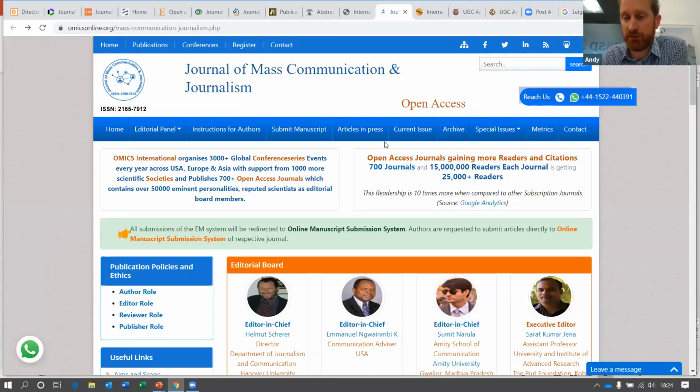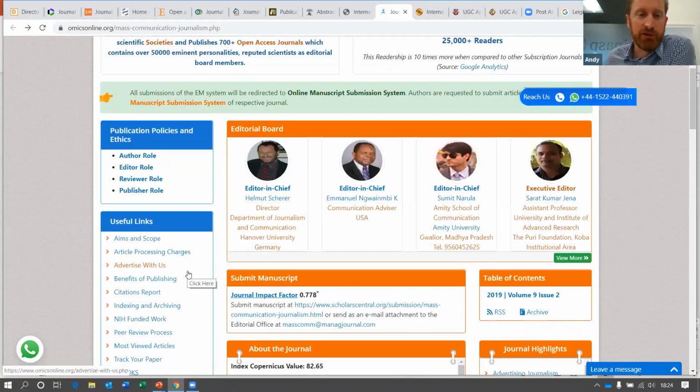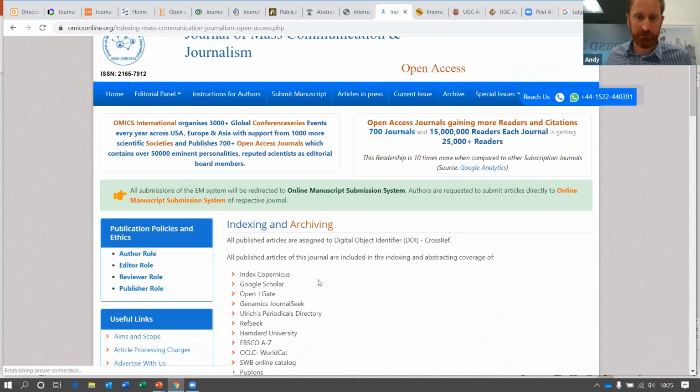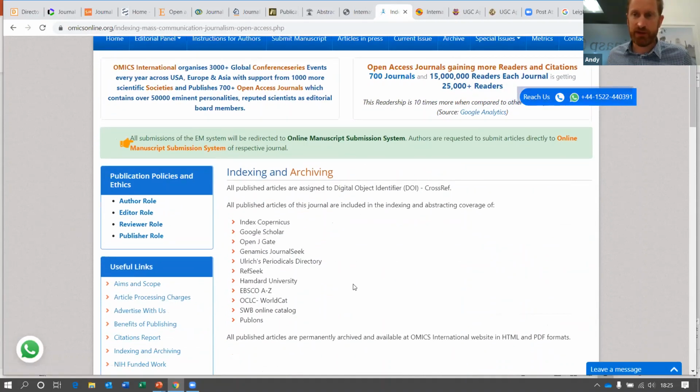Basically, they were exposed as a predatory publisher. They've got hundreds and hundreds, well, 700 journals actually. And they're a very low quality publisher. They may do some peer review, but please try and steer clear of them. They claim to have an impact factor, but this is not based on what we would consider the data we need in Web of Science.